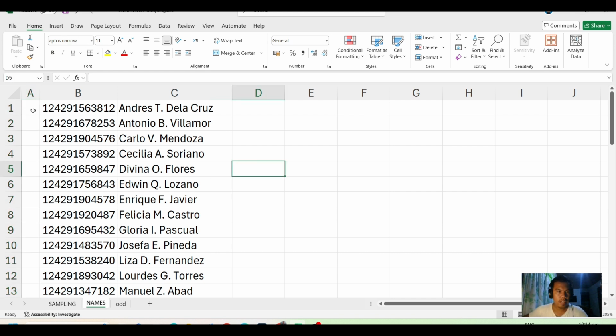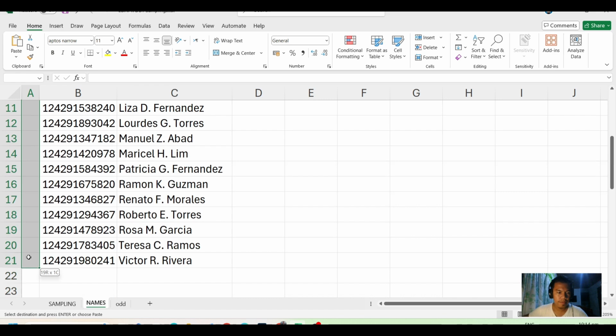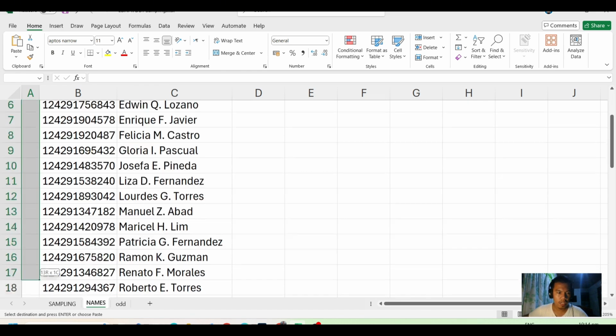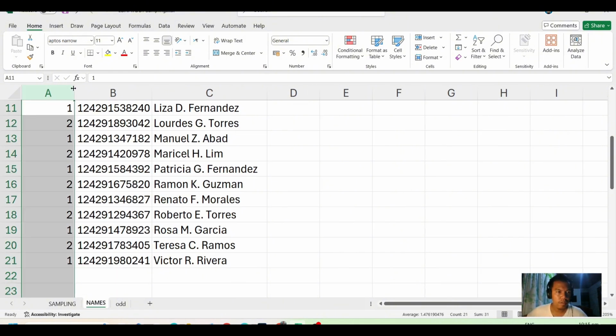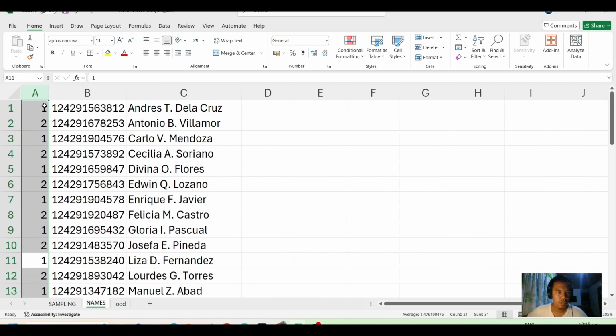You can directly type in 1 and 2, then copy and paste, highlight. There's a little glitch in our Excel.